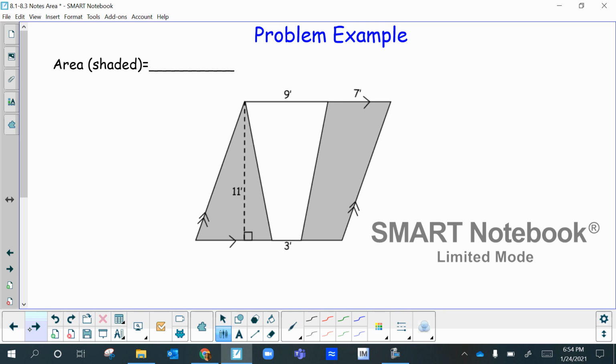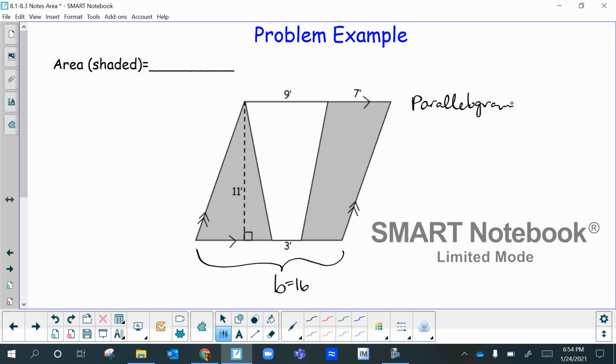Find the area of the shaded region. Okay, so it looks like I have a parallelogram here, so I'm going to do base times height. Okay, everybody thinks that this is your base, which it is, which we don't have enough information down here, but if you look above, it is going to be 16. So our base is 16 and our height is that. So that's the area of the whole entire parallelogram. So basically, if I find the area of the parallelogram,